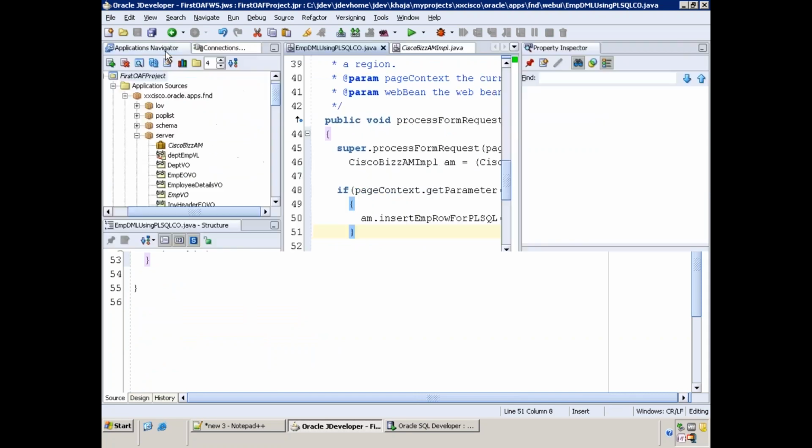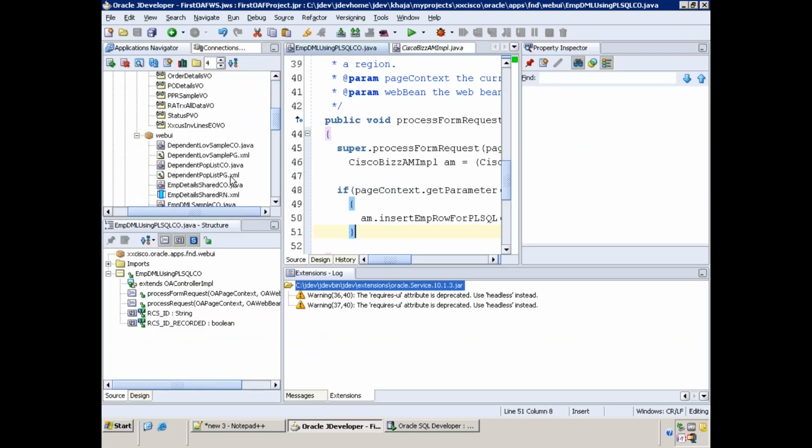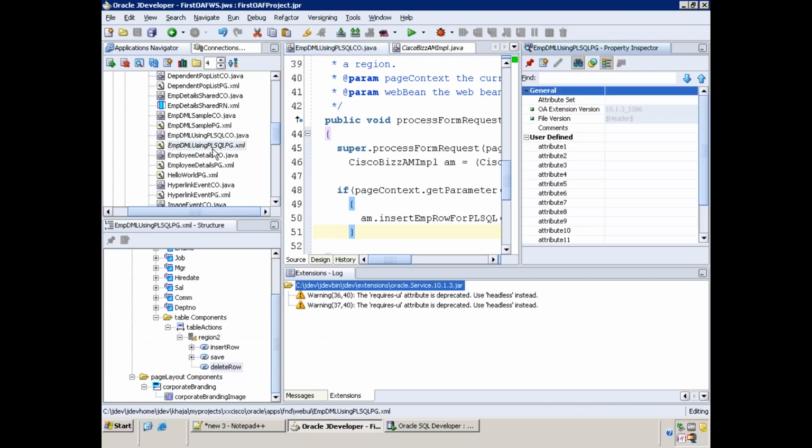So let us see what exactly it will do now. The EMP DML sample using PL SQL.